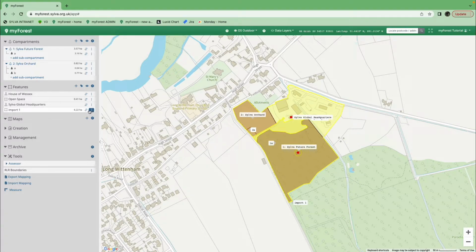Using the Order button, you are able to move your compartments, subcompartments, and features into a preferred order. Please note you are able to create new compartments and move imported subcompartments into those new compartment items. This allows you to import multiple subcompartments across a given forest management unit and create appropriate compartment group systems to